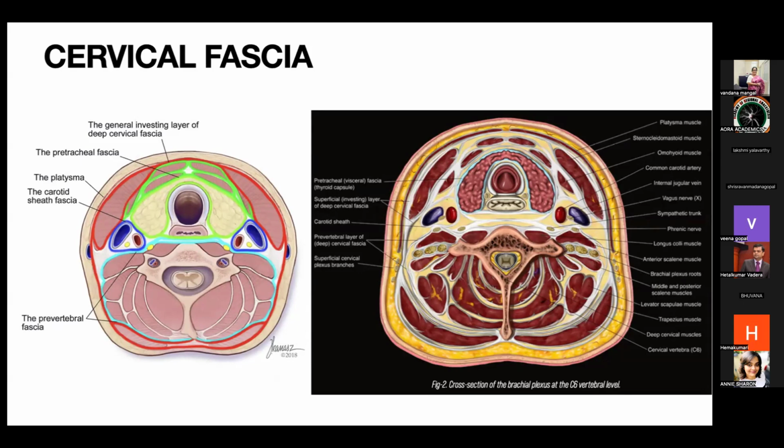Because of this enclosure by the prevertebral fascia, most of the complications occur when giving an interscalene brachial plexus block. The plexus being covered by the prevertebral fascia, the drug can spread into adjacent structures such as the phrenic nerve, and it can involve the sympathetic chain.